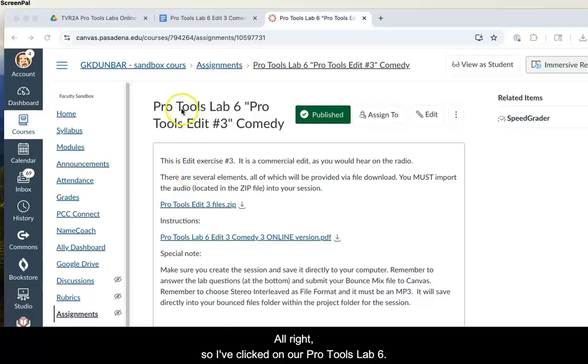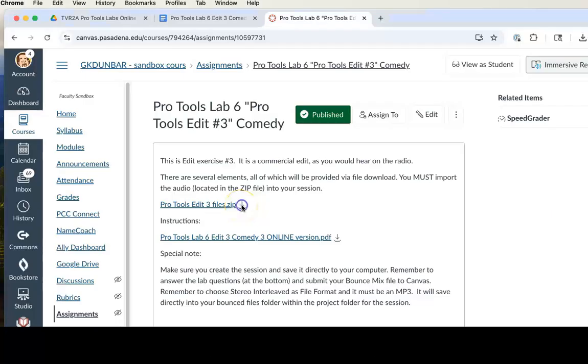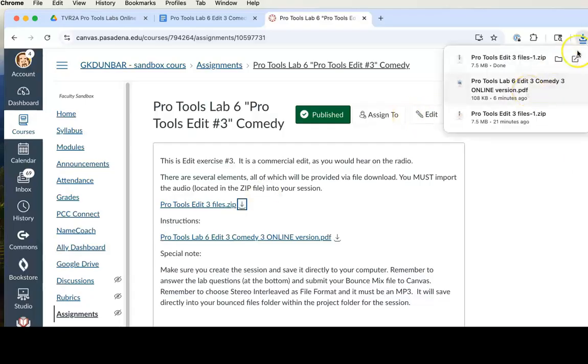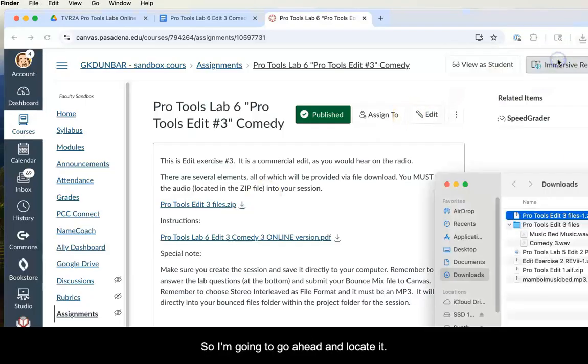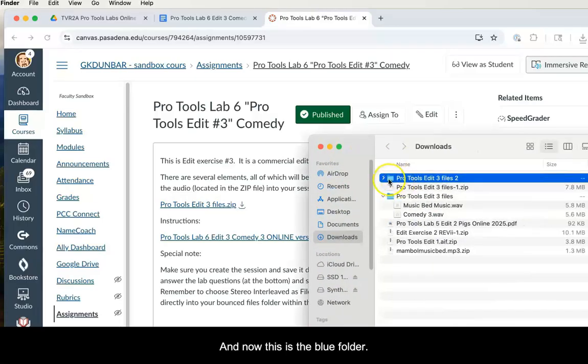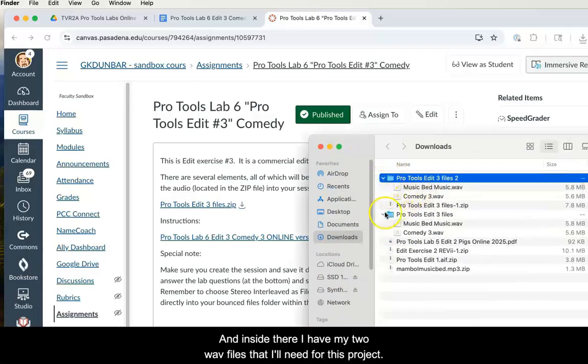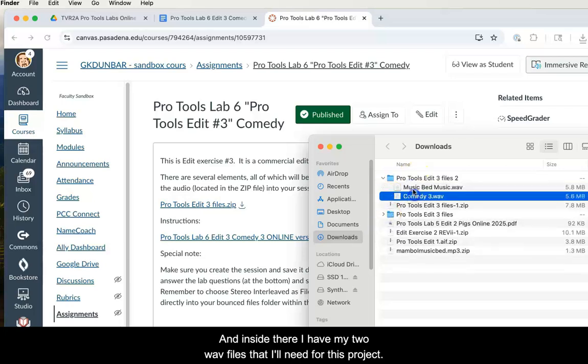Alright, so I've clicked on our Pro Tools Lab 6. You'll see that it does mention you'll be getting a zip file, and inside that zip file will be two different WAV files. So let's go ahead and download that here. Alright, it's right here. It says zip, so I'm going to go ahead and locate it. I'm going to double click on it to unzip. And now this is the blue folder, and inside there I have my two WAV files that I'll need for